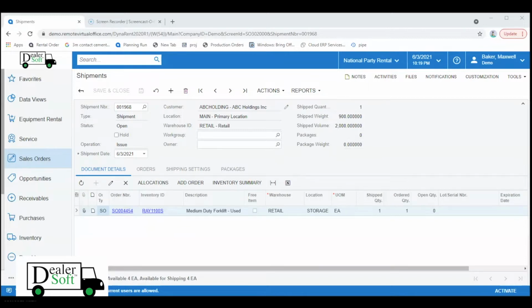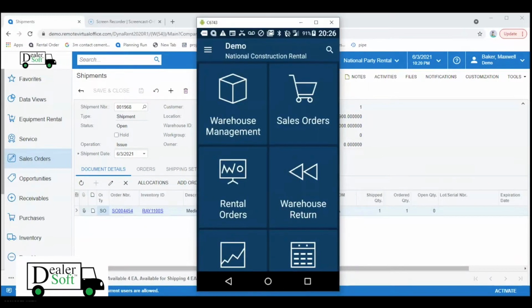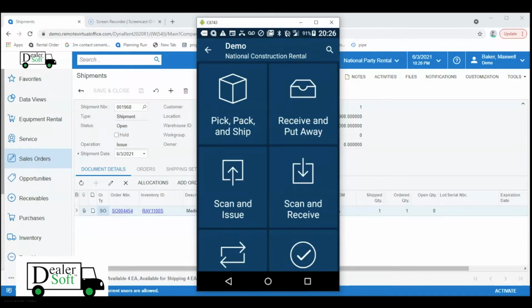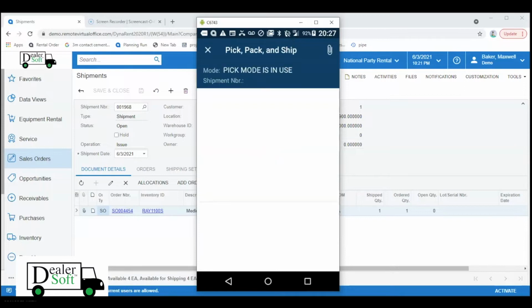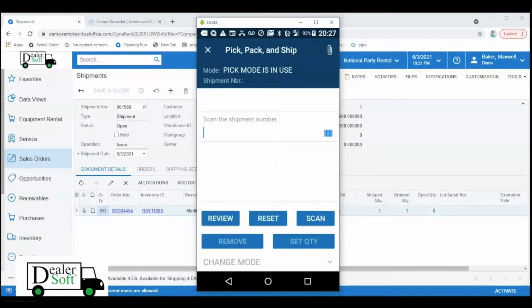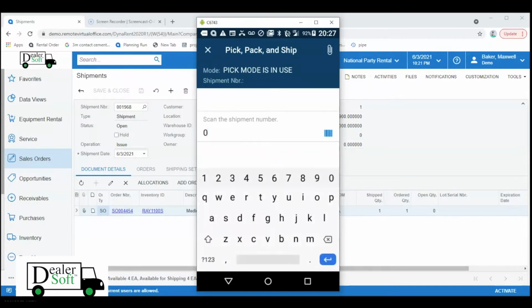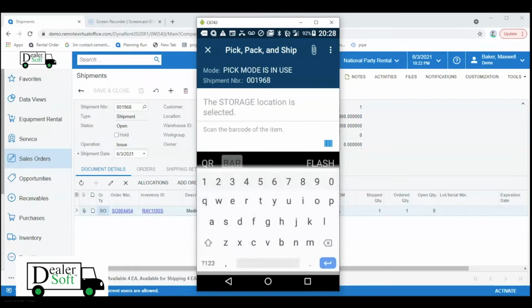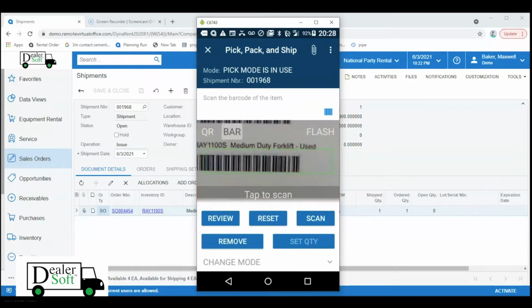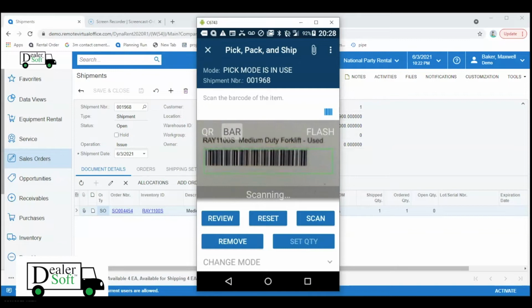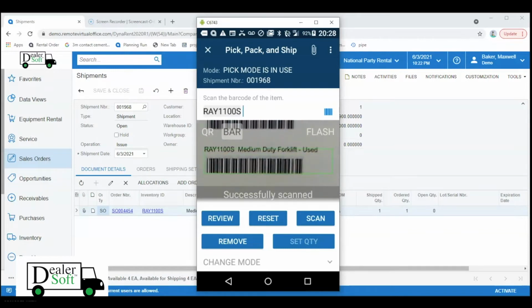And what we're going to do is go into pick, pack, and ship. Inside pick, pack, and ship, there's a series of barcode or data enterable fields that we need to describe what we're picking. So first the shipment number, then the location. And here's a scanner coming in. It's the barcode scanner attached to your mobile phone. So it actually recognizes the barcode, enters the record, and can finish a pick right there just by zapping it